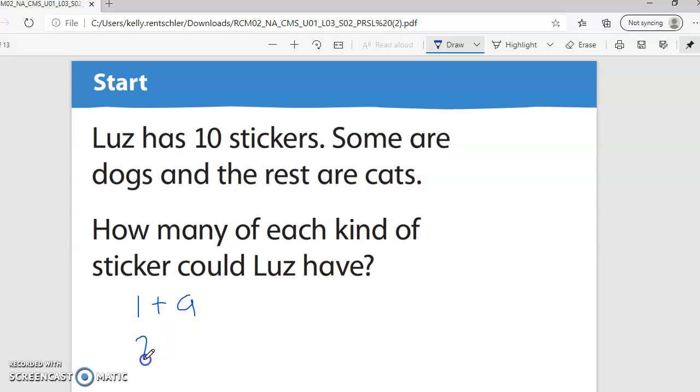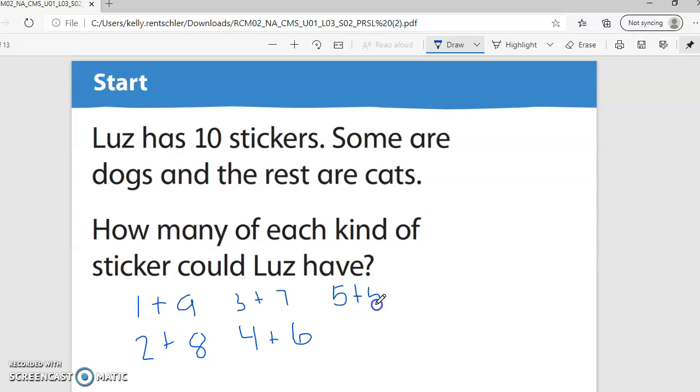There's 2 plus 8. There's 3 plus 7. There's 4 plus 6. There's 5 plus